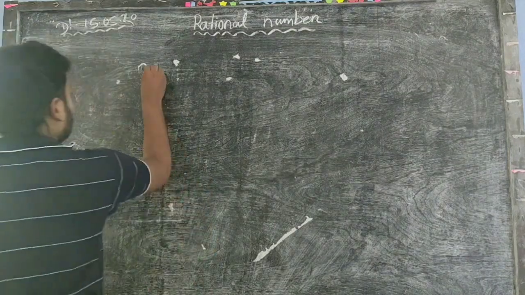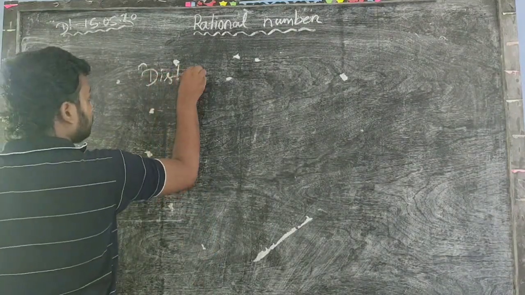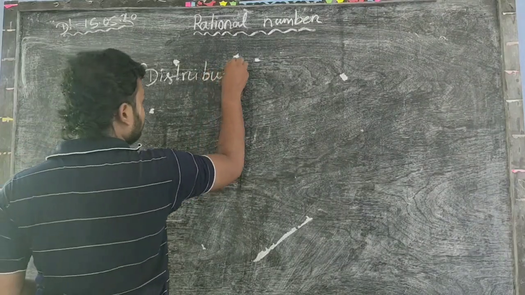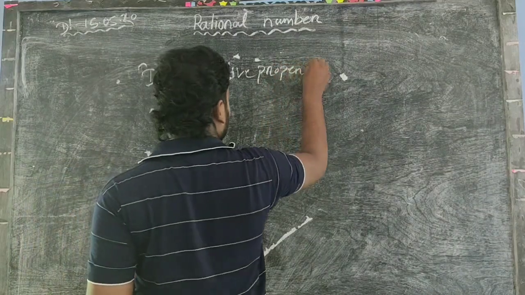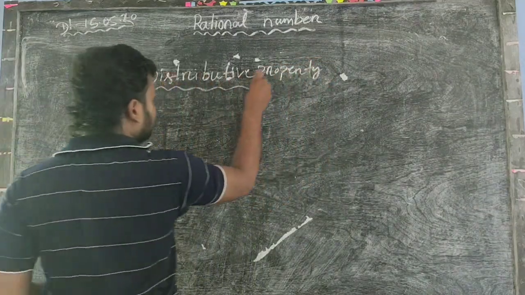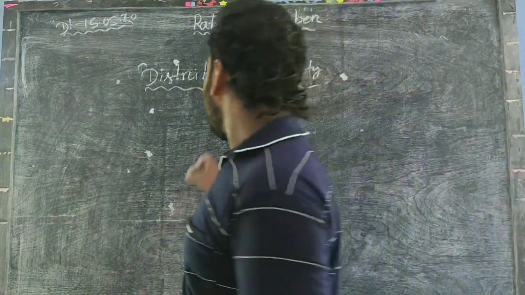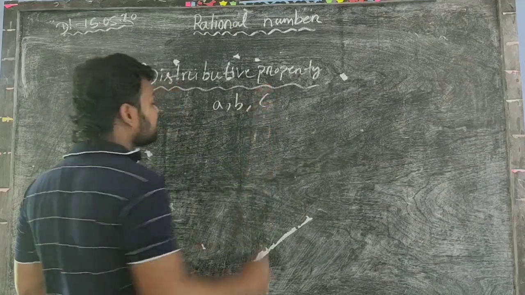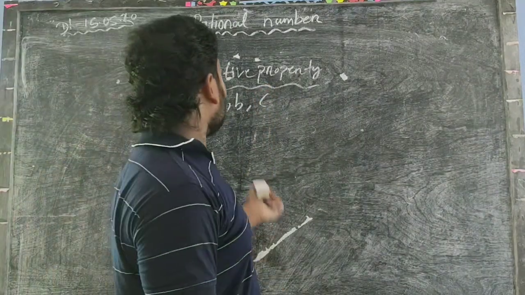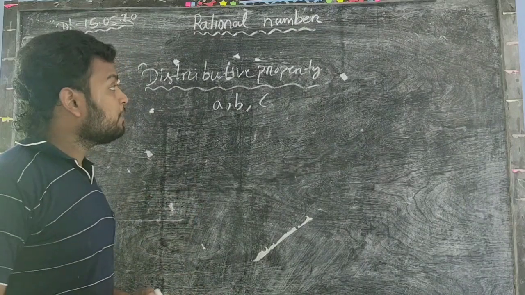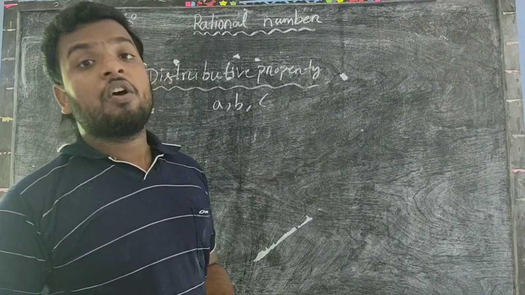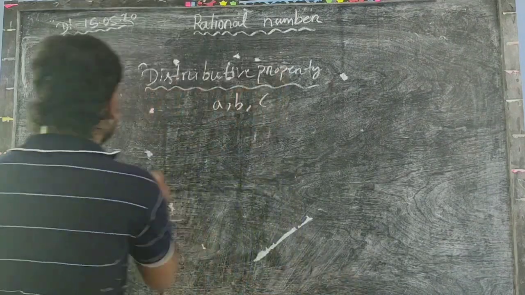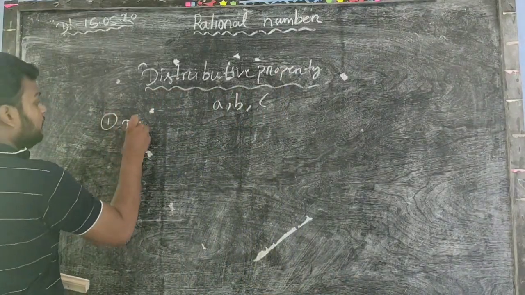So now distributive property. So what do you mean by distributive property? Distributive property is for A, B and C any numbers. According to distributive property, there are two types. That means distributive property of multiplication over addition, and distributive property of multiplication over subtraction. That means first one, distributive property